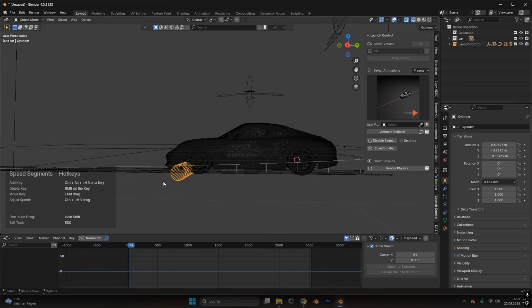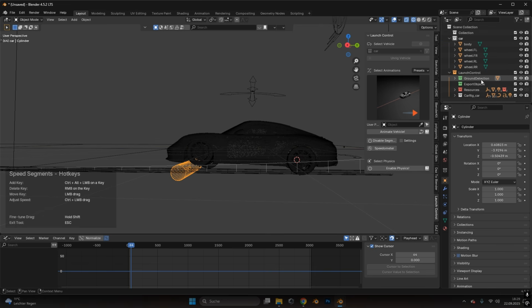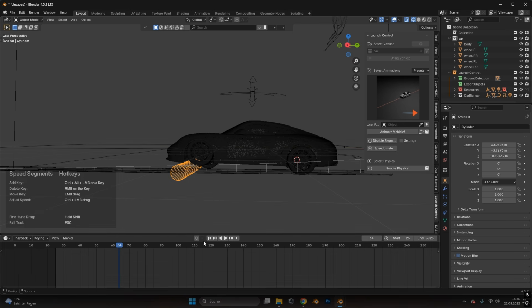And now that the car reacts to the object we added, we have to place the cylinder we created into the ground detection folder of launch control. So just move the cylinder into the ground detection,